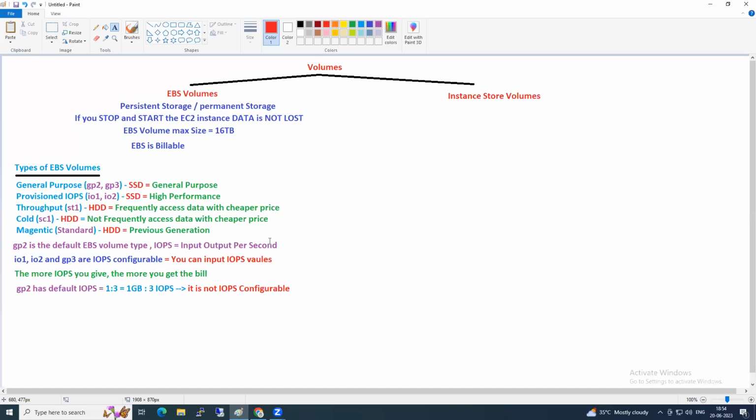Whenever you are launching the EC2 instance, what is the default volume that you get? Root volume. So root volume should also be one of the volume types, no? Which volume type is the default one? GP2. Very good. So if you don't configure anything, which one will it take? GP2 only. But root volume supports